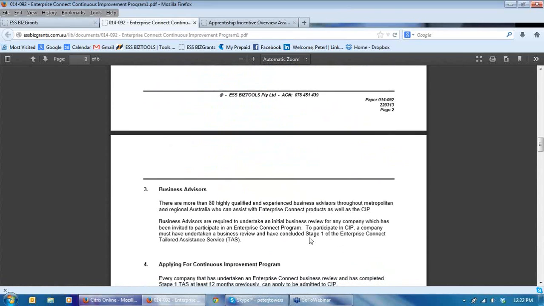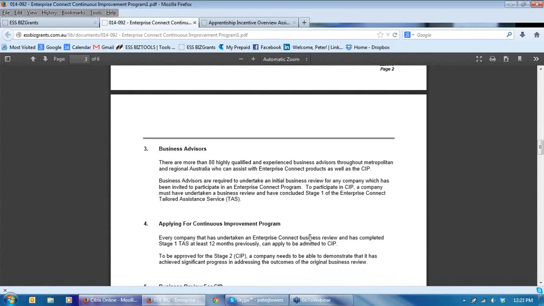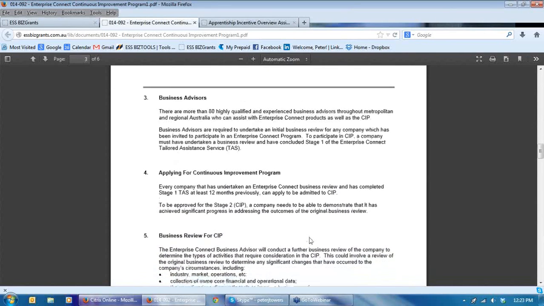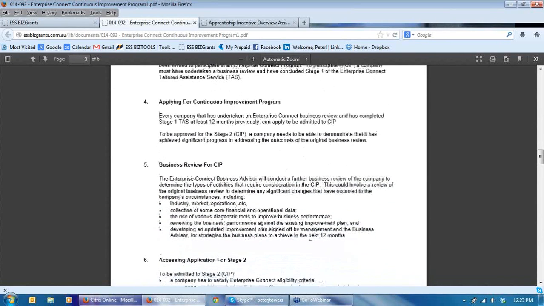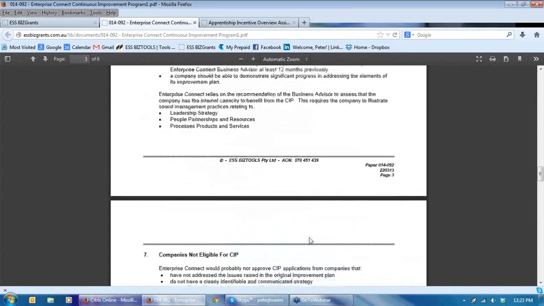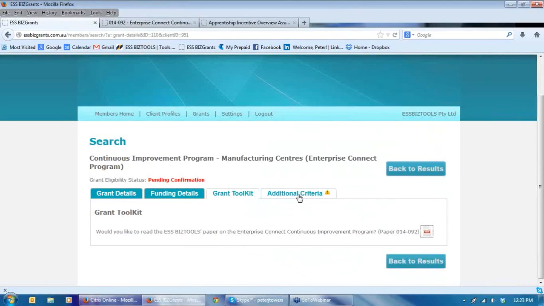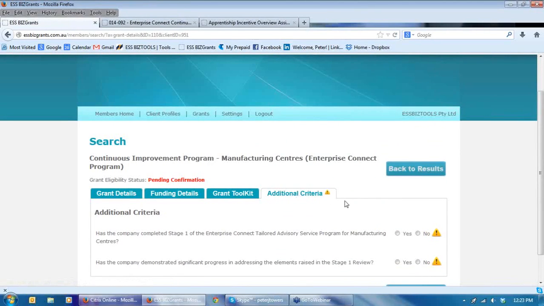Some accountants are doing quite well out of it because they're not only earning the brownie points from their clients in introducing them to these grants, but they're then doing a fair bit of the work that has to be done or can be done with the government's funding. So that's the grant program. We then look at some additional criteria.